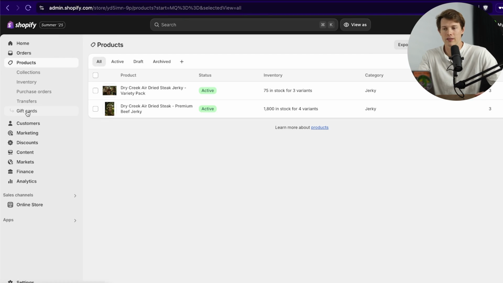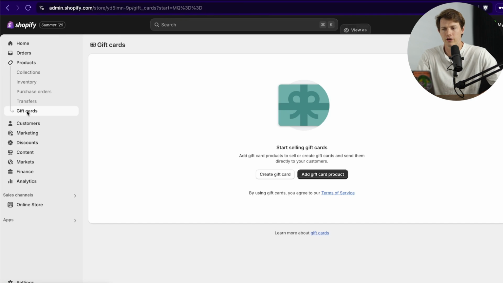But I want to actually make a gift card as a third product we can have included in here. So if we go to gift cards, just in case you want to include this, it's just a nice way to give people more of an option to spend on your store. So if they don't know what they want to get for somebody, but they know they like your product, your